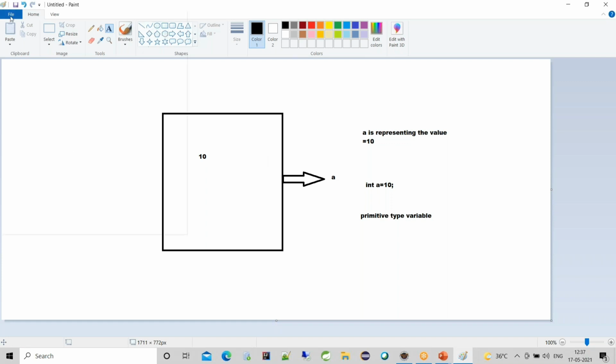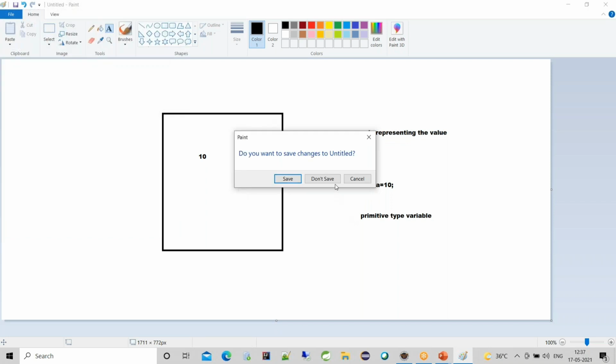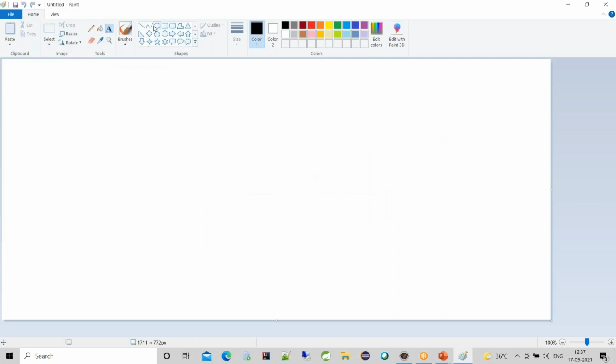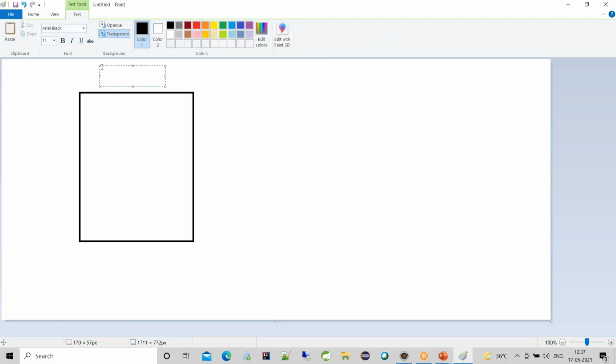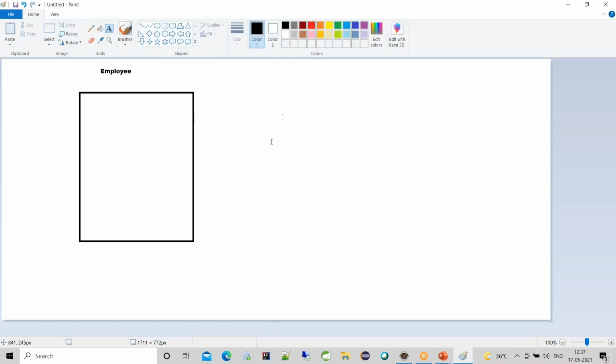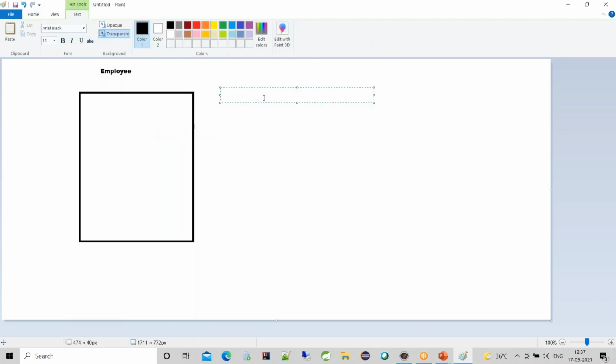Now let us understand what a reference variable is. Let us consider this as a class, and we define this class as employee. Further, we will create an object of this employee class, emp1 is equal to new employee.